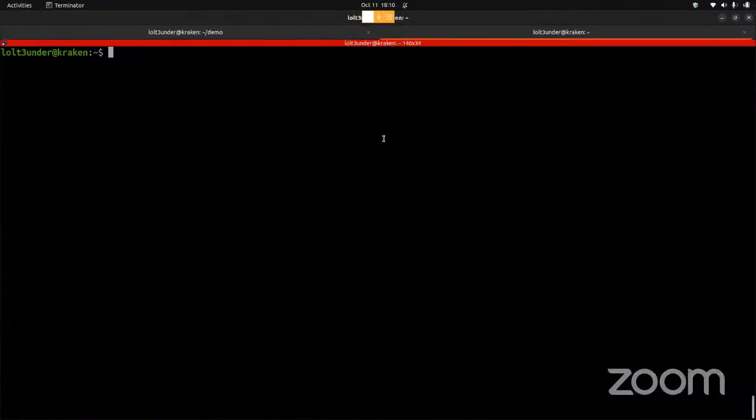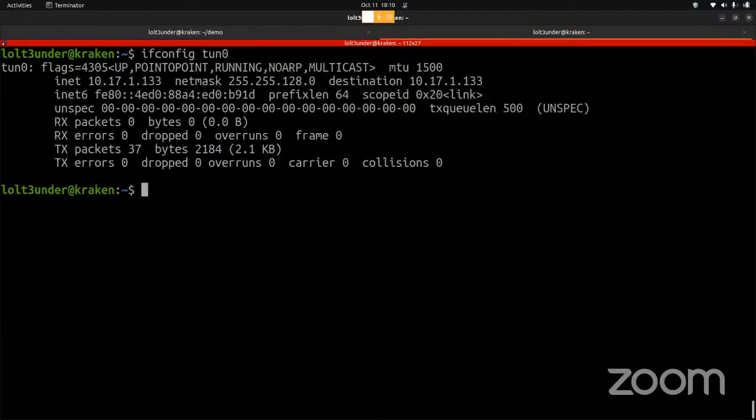Once that happens, I'll switch the terminal to a different one. I'll let that terminal run in the background. I will not touch it. And inside this new terminal, I'll zoom in a little bit so that it's more visible for some of you. And I'm going to type ifconfig tun0. And you will see here we have a network adapter, a tunnel adapter, also known as a VPN adapter, which is a virtual adapter. So it does not physically exist on my system, but was created in software by my Linux kernel. And this allows me, with the following IPv4 and the following IPv6 address, to communicate to